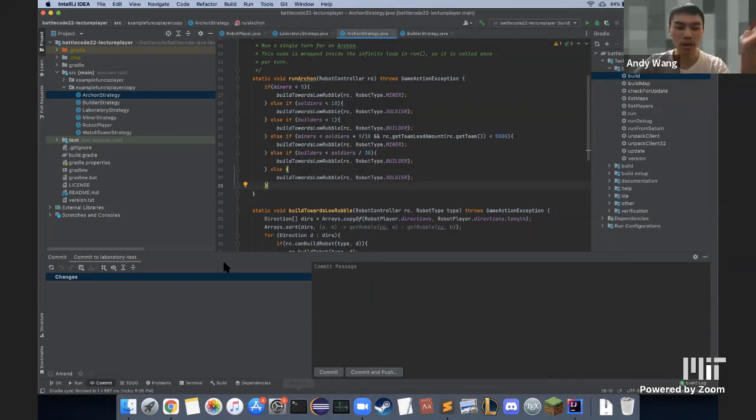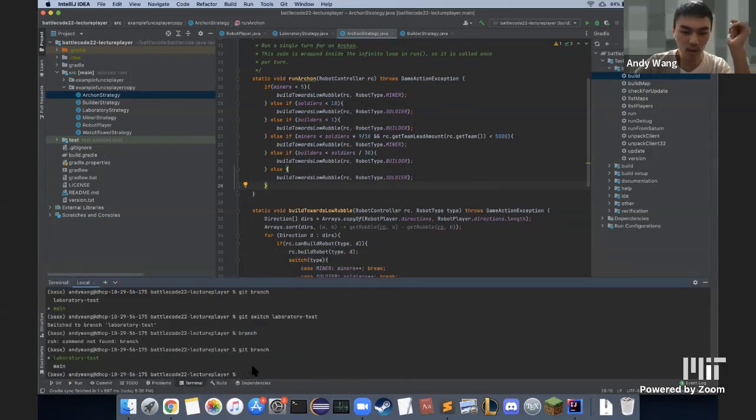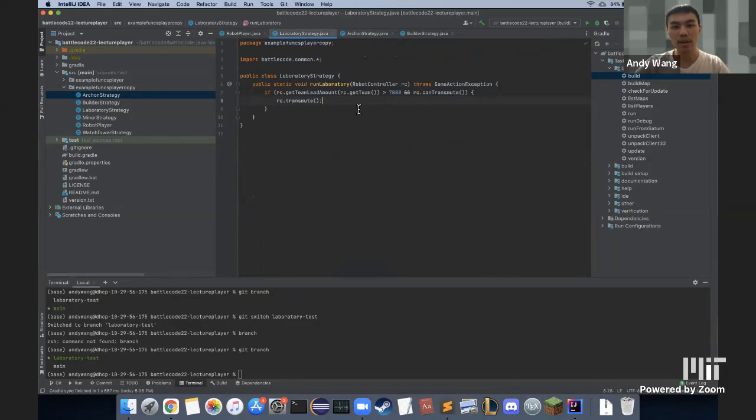All right, so let's actually try to work with our branches now. We're currently on the laboratory test branch, and let's look at what we want to do. Our volatile change for today is going to be: if the amount of lead is over 50, we're just going to try to convert it to gold. We've decided the best strategy is to turn all of our lead to gold and just transmute as much as possible